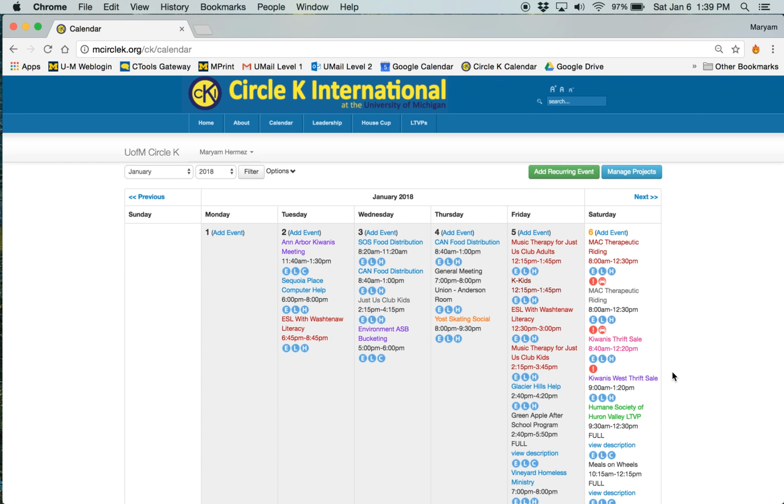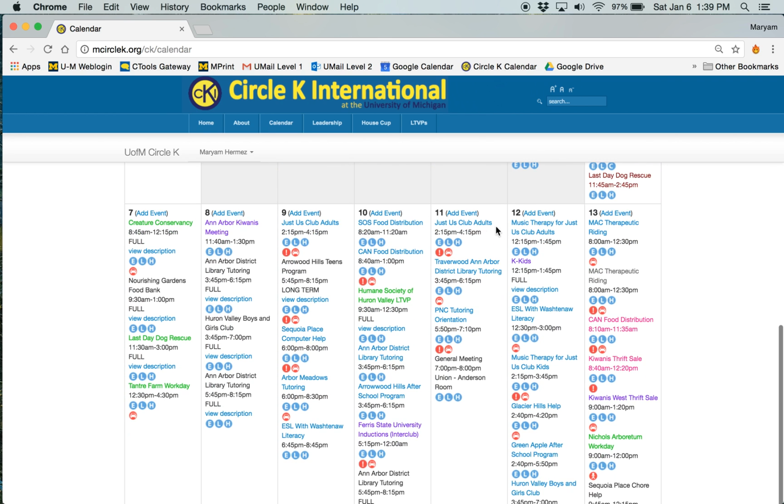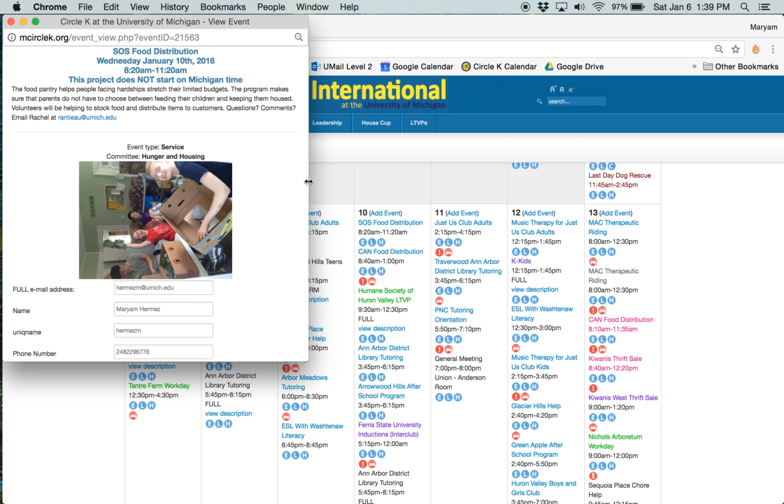So before we upload an event together today, let's look at an example already on here. So let's go to SOS Food Distribution. And as you can see, there's a lot of information here that tells you about the project. So if we look at the description right here, you can see that it included a little mission statement about what SOS does. It includes volunteer tasks, and it also has this little blurb that says questions, comments, email the